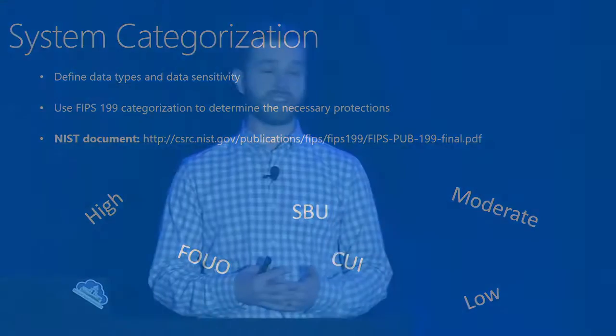What is it that you need to protect? What level do you need to be at? Again, we have moderate and high, for both FedRAMP, DISA L4, and DISA L5. Step 1 is making sure you know what your requirements are based on your data sensitivity. So some of this may be defining what type of data is going to be processed within the system, and then what the actual data classification is. So, we've got CUI, FOUO, SBU, but it's really based on FIPS 199 to determine what that data sensitivity is. And until you know those requirements, you can't really move forward in the process to know what requirements you have to meet.